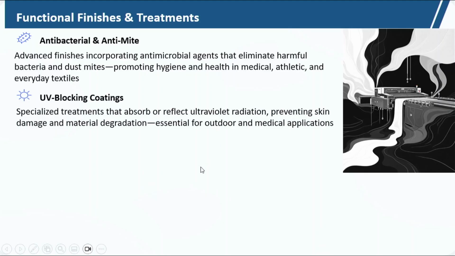Specialized UV blocking coatings are used, like SPF sun protective creams. For textile materials, there are different types of UV blocking coatings, specialized treatments that absorb or reflect ultraviolet radiation, which prevent our skin from damage from the UV radiation,